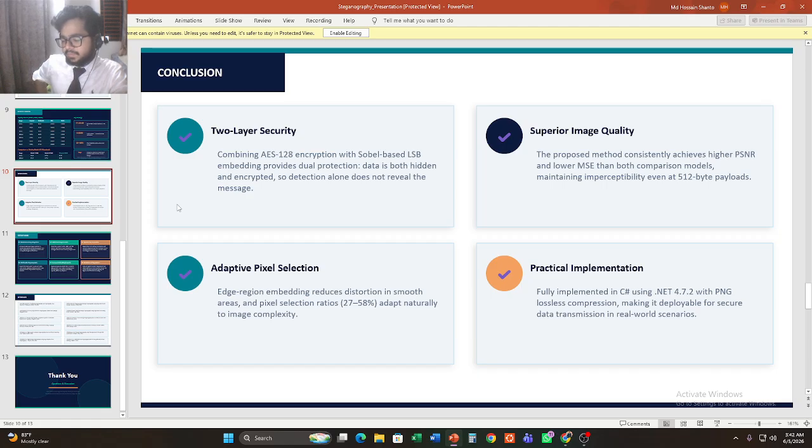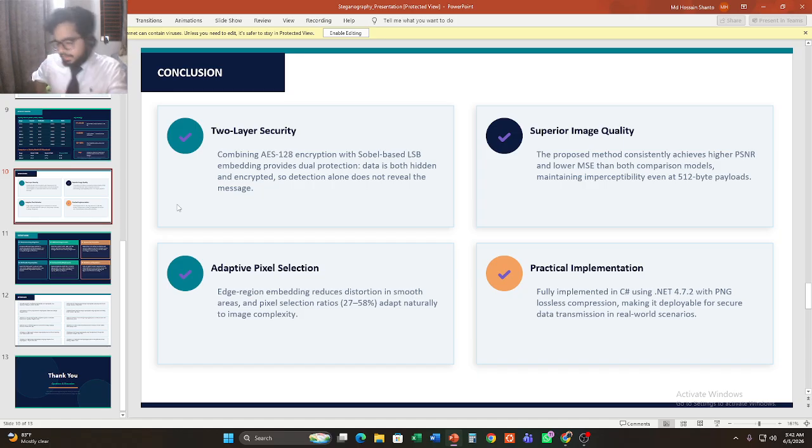First, the system provides redundant security: even if steganalysis detects that the cover image contains hidden data, the extracted data is still encrypted and completely unreadable without the key.